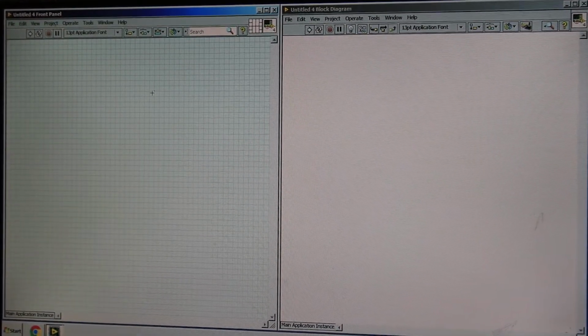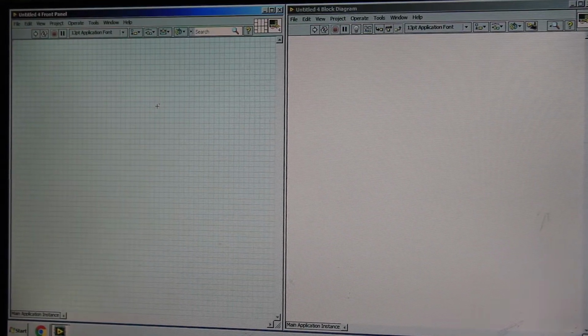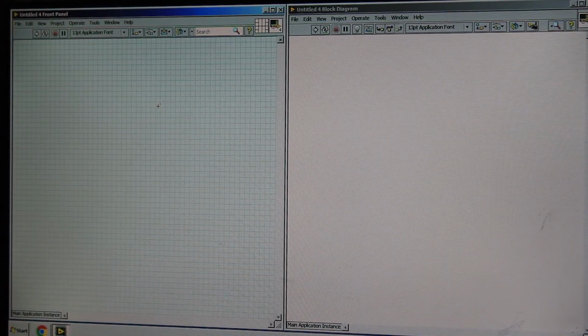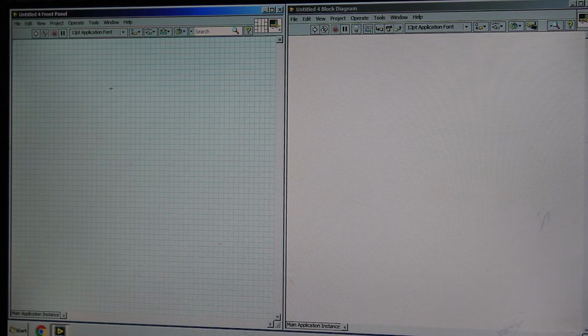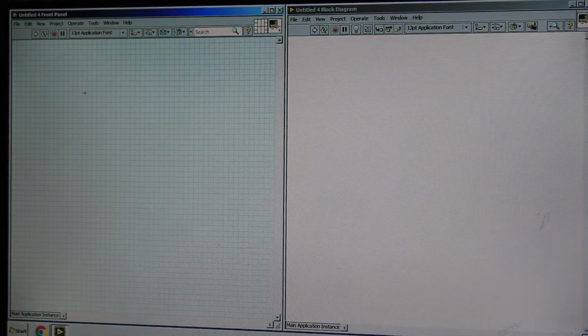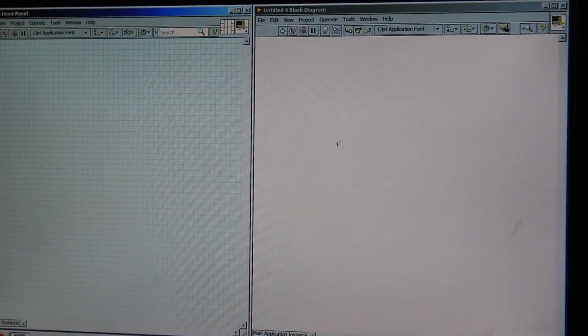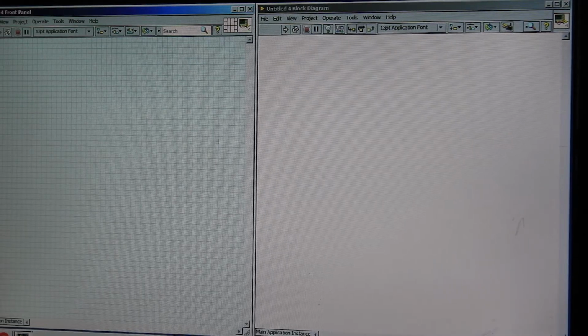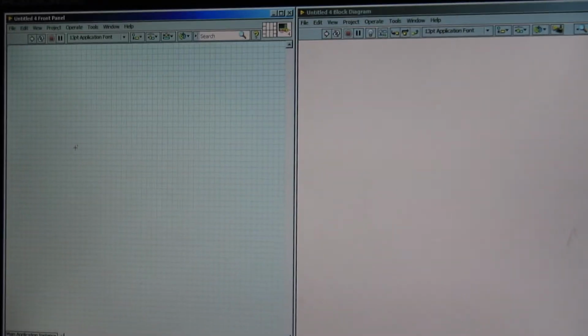As I've said before, we'll be working on an overhead tank water level controller. For this, there are two panels in LabVIEW. The first panel is called the front panel, and the second panel is called the block diagram. In the front panel, you'll have all the hardware, whereas in the block diagram page, you'll be doing all the mathematical or arithmetical operations.